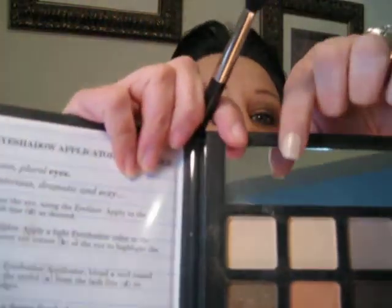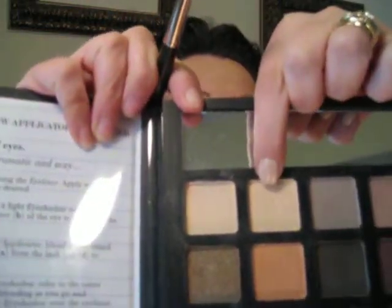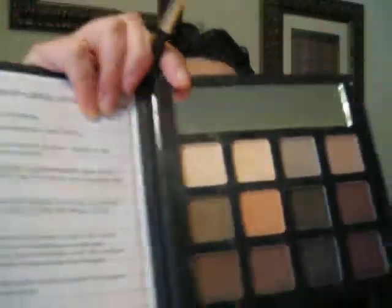Now, it's entirely up to you if you want to add a highlight color. If you don't want to add one, like I said, you may stop now. I'm going to take a 224 from MAC, and that's just a very soft, fluffy blending brush. And I'm going to go in with, this is difficult to show, that second color again, that champagne color with a little bit of sparkle running through it. And I'm just going to tap my brush in there,